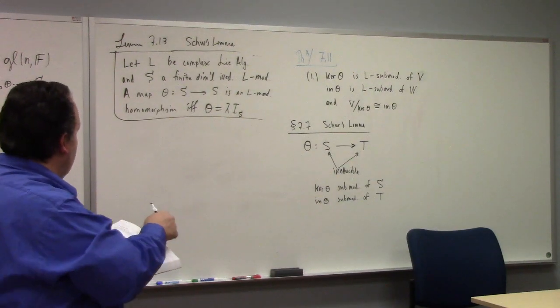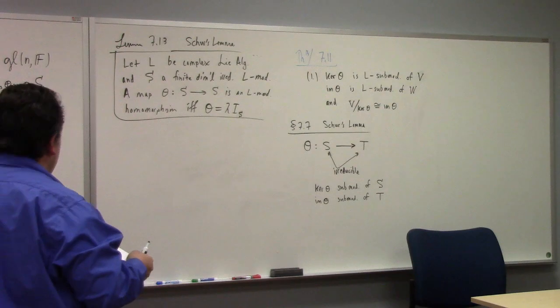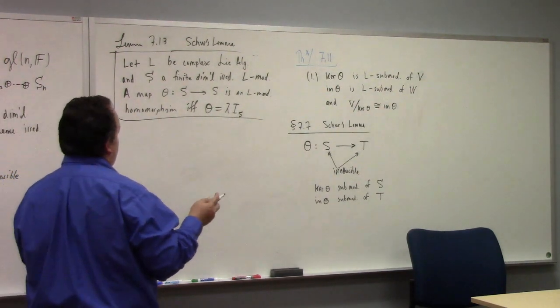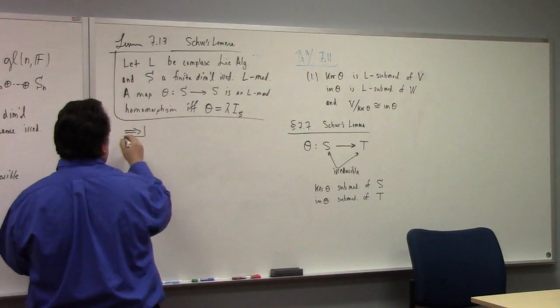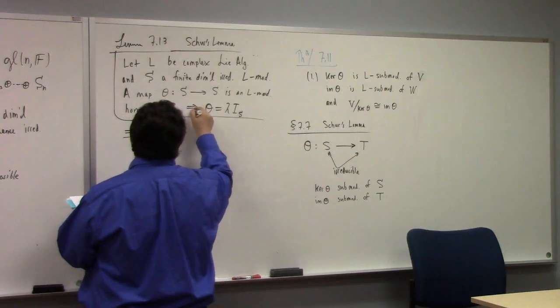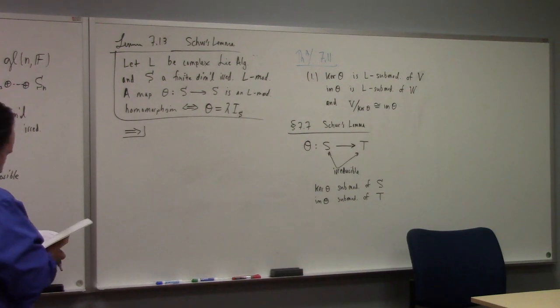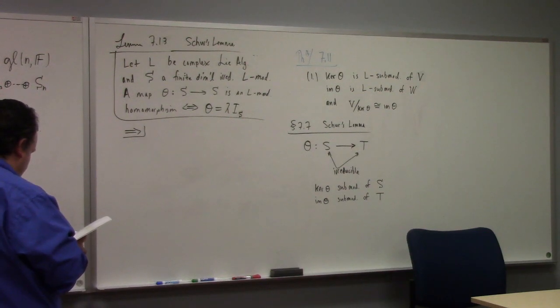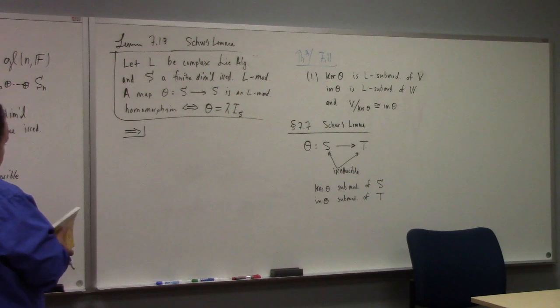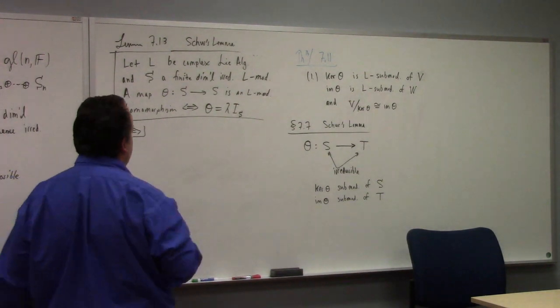All right, are we good so far? Let's look at the proof of this. He says the if direction should be clear. Is it clear? In other words, we have a finite dimensional irreducible module and a map theta which is a homomorphism. If I thought about it like matrices, I could understand that you can only have the identity times the scalar, but that doesn't quite